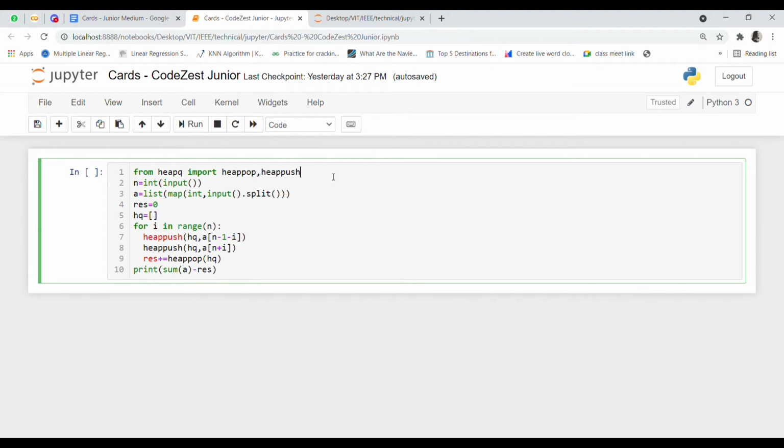Initially we have taken integer input, which is the value of n. Then we have converted the list of values that we have on our second line, that is the values of the cards, into a list.